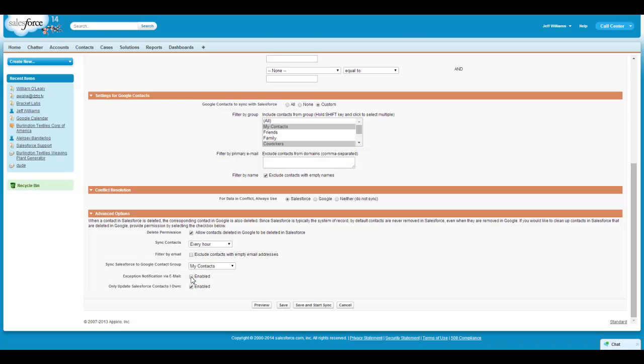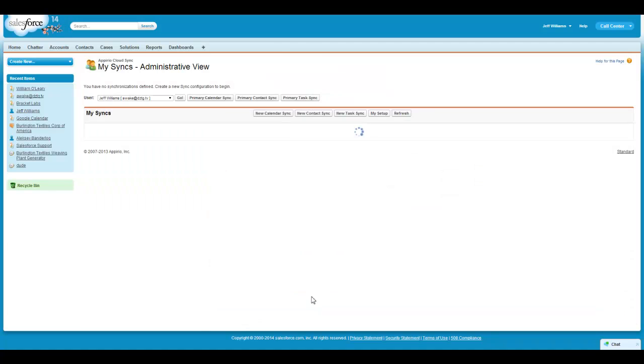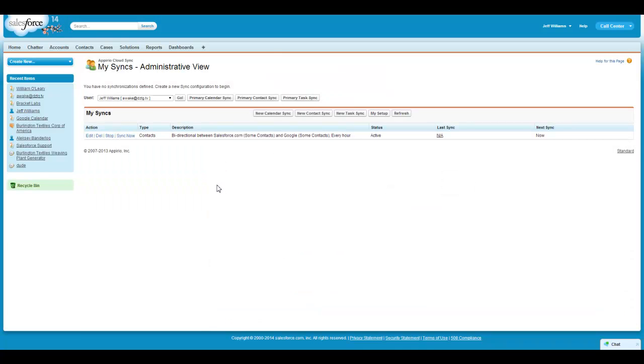If you would like to receive an email when your syncs fail, please select the Exception Notification via Email option. If you would like for our application to update contacts that you do not own in Salesforce, please deselect this final option. Once finished with your settings, click on the Save and Start Sync option to begin syncing on the